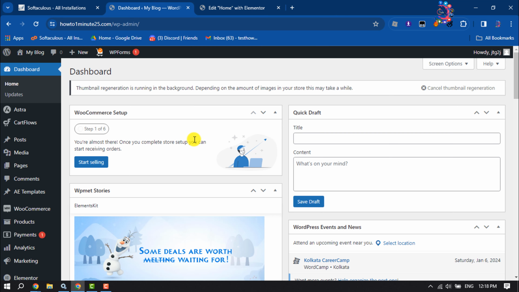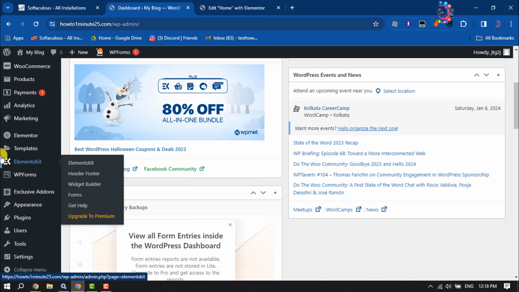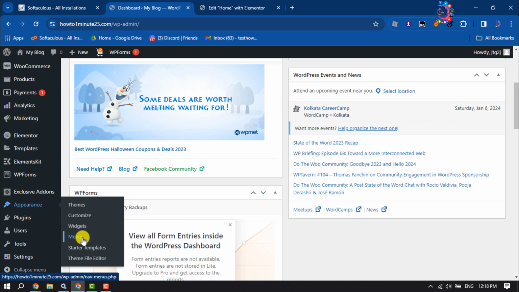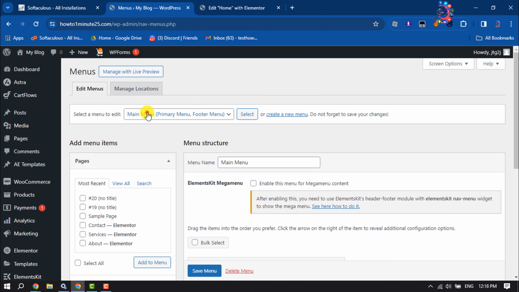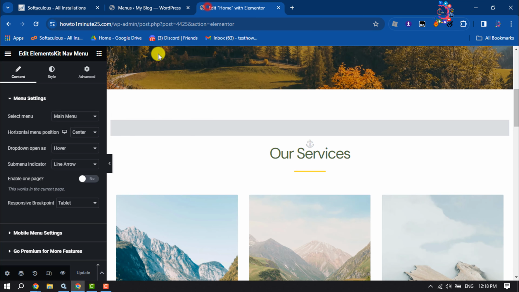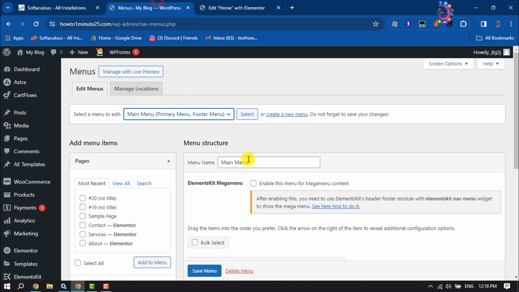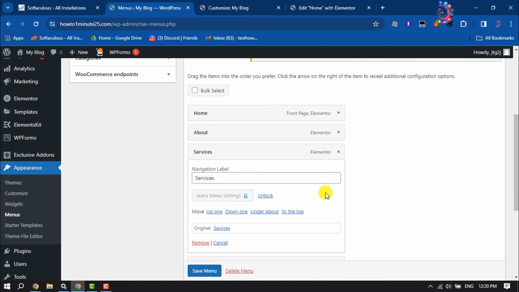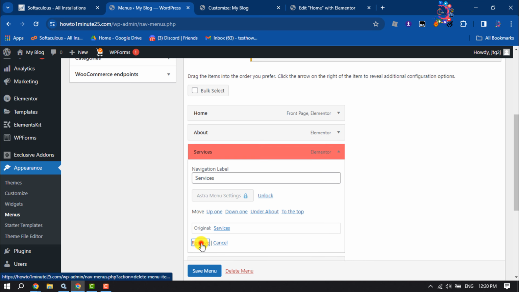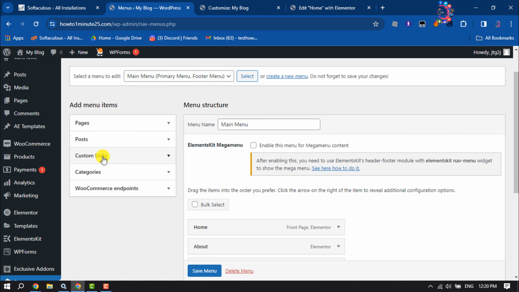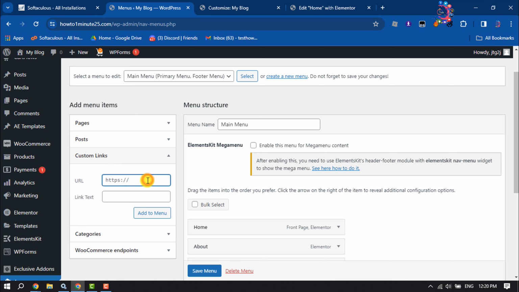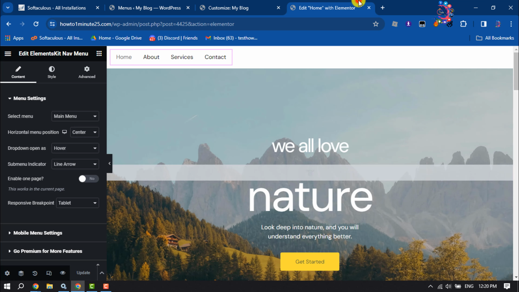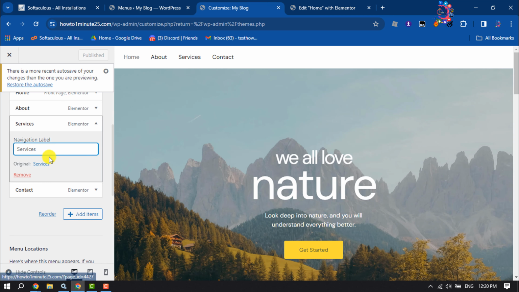I'm going to my WordPress dashboard, and now hover over appearance and click on menus. Here I'm selecting main menu to edit my main menu, and here we can see my menu items. First of all I'm deleting this service item. Once done, let's click on custom links and in the URL box, type the ID you just added for the anchor menu. So my ID name is